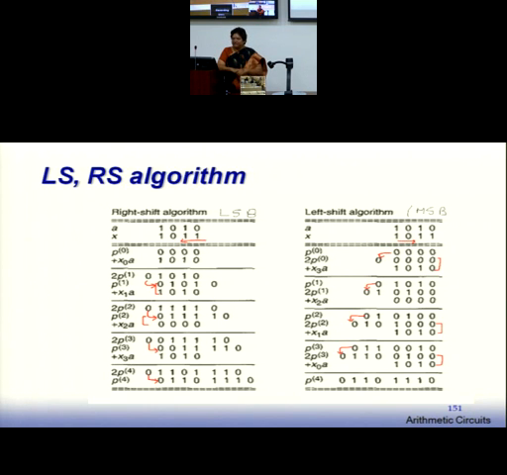No, we are generating PP rows one by one and then keep on adding them in an accumulator. Ultimately, after the 7th PP row comes or 10th PP row comes, the moment I add it to the previous result, I get my final result. So this is the left shift and right shift algorithm. Okay, you are aware of these algorithms, LS and RS.